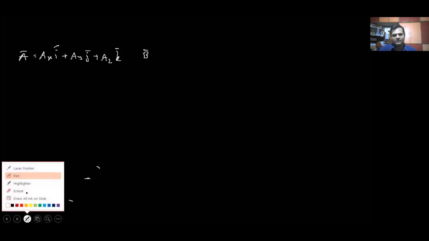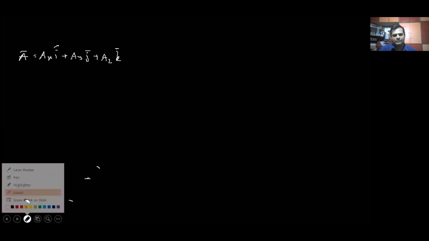Suppose a bar is going to be equal to ax i bar plus ay j bar plus az k bar, and again we have the other vector, that is b bar, which is expressed as